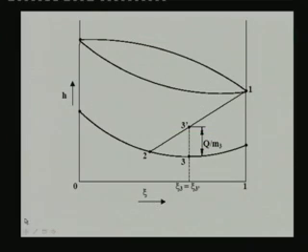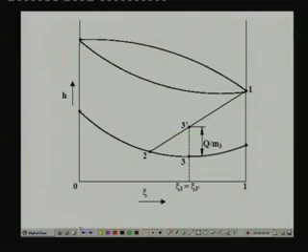The same thing can be easily shown on your concentration enthalpy diagram like this. Without any heat transfer, this will be the process. With heat transfer, you will find that the exit condition lies at a vertical distance below this point if heat transfer is from the system. And this distance is nothing but the heat transfer rate divided by the mass flow rate of the solution